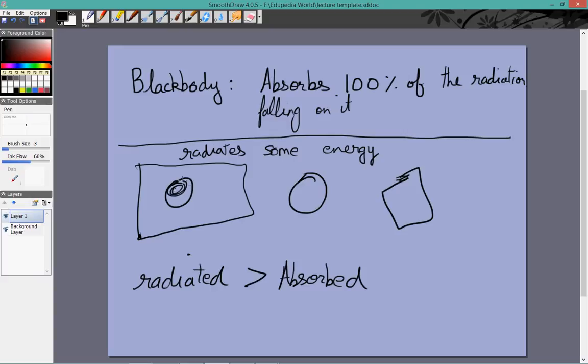So let's look at this particular body. It is obviously radiating some energy, as every body does, and it is obviously absorbing some energy which is being put onto it by the surroundings, because the walls of this room will also radiate some energy on its own, just like every body does. Some of that energy will be absorbed by this object. So for any object,